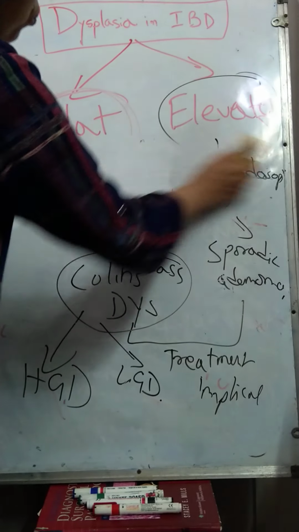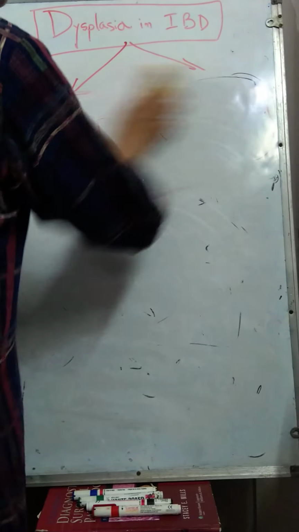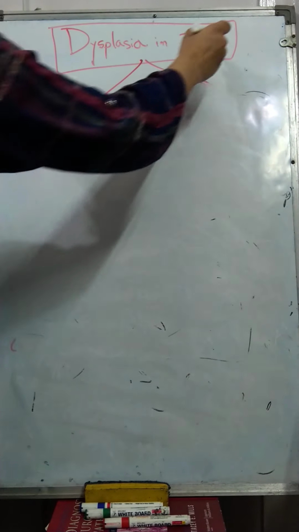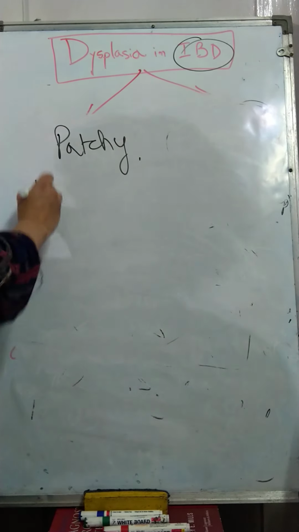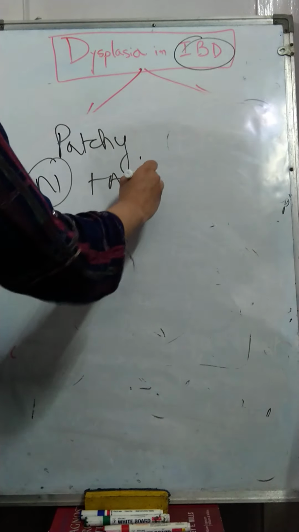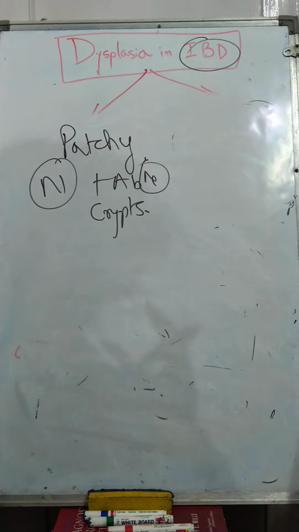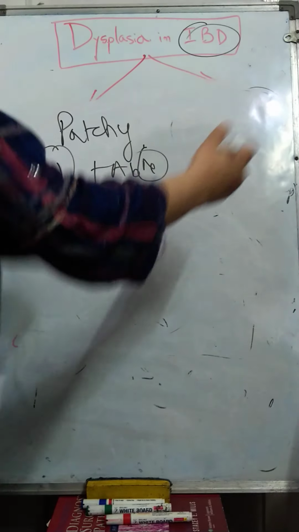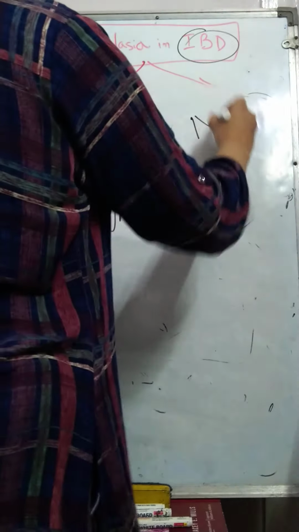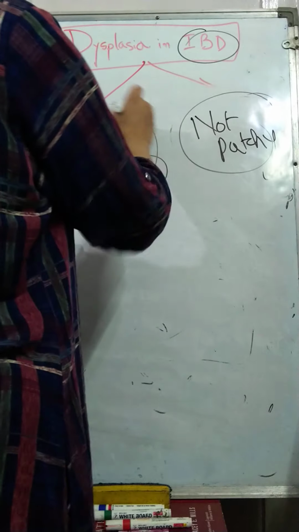But there are a few clues which sometimes can assist us. Now those clues are, they say that if you are dealing with a colitis associated dysplasia, that means a dysplasia which is because of IBD, they tend to be patchy. That means you will have normal crypts and abnormal crypts coexistent with each other in the same field. So that patchiness favors a colitis associated dysplasia, as opposed to your sporadic adenoma, which is not so patchy. They tend to have a uniform appearance. That's one way that they say you can distinguish.